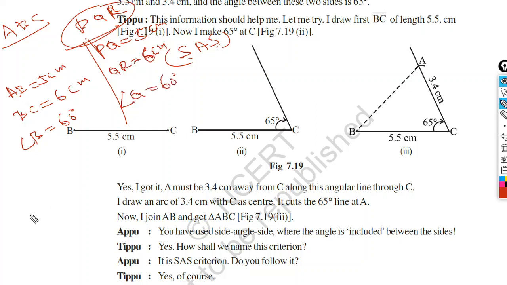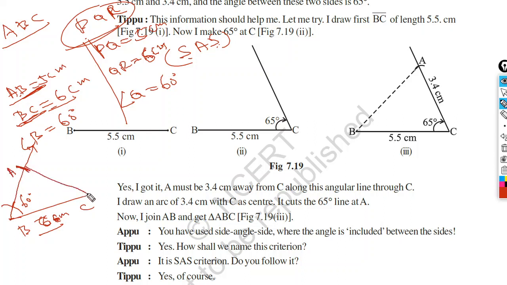Now you draw the triangles. Here we will draw it. First we have BC equal to 6 cm. You draw BC as 6 cm. Now angle B is 60 degrees. You know how to draw an angle of 60 degrees. Then BC is 6 centimeter. AB is equal to 5 cm. So B is there. Take an arc of 5 centimeter and cross it here. Name it A. Now you have drawn triangle ABC where AB is 5 cm, BC is 6 cm, and angle B is 60 degrees.